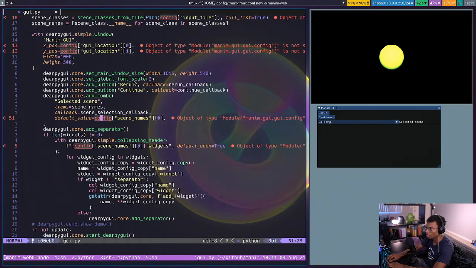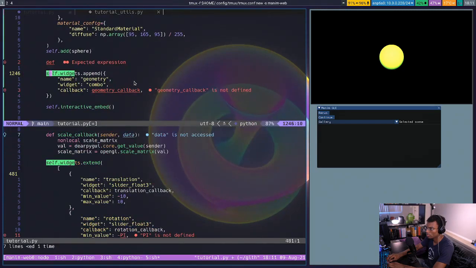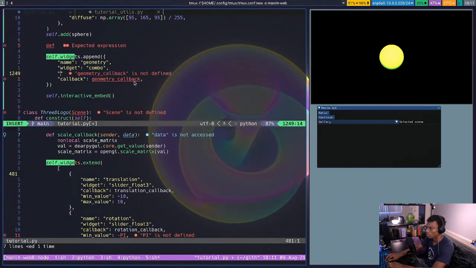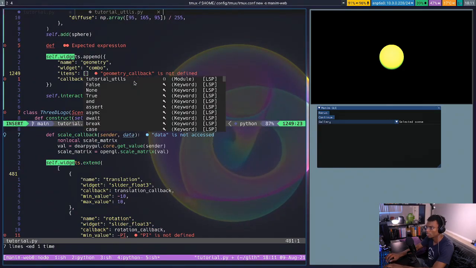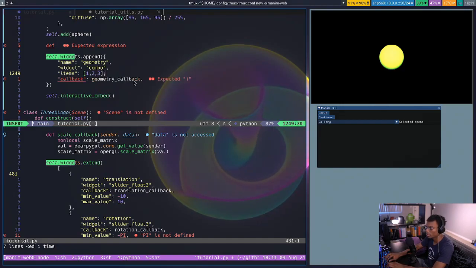Items, callback, default. So just put 1, 2, and 3 here or something like that. It's probably up to be